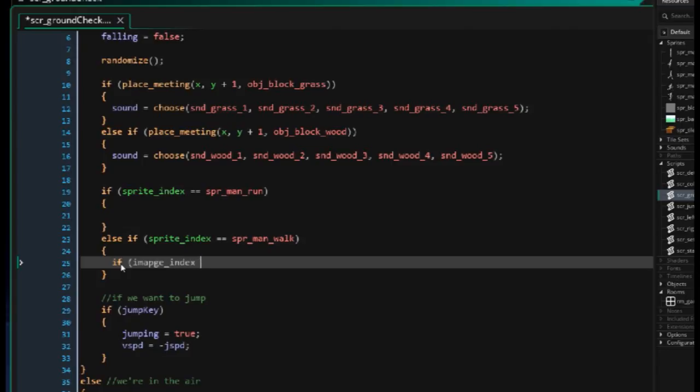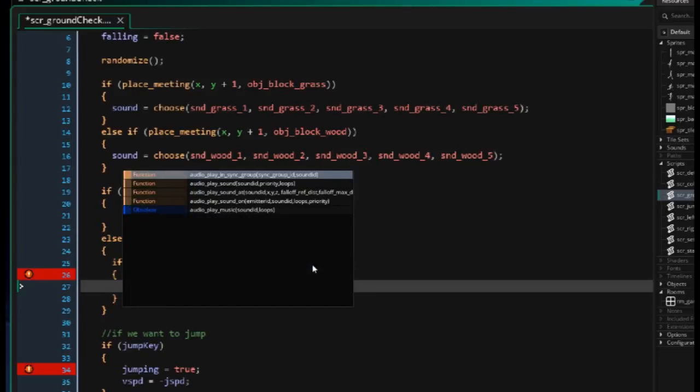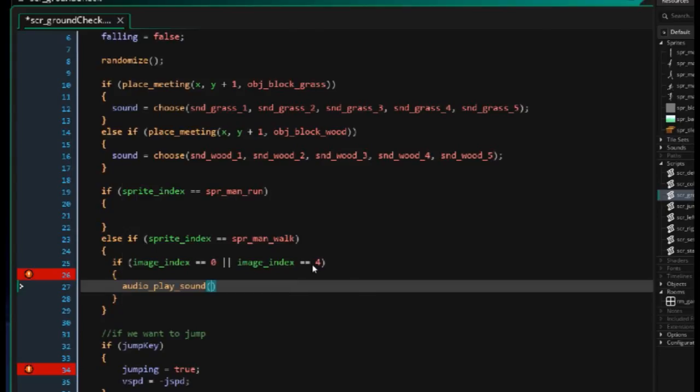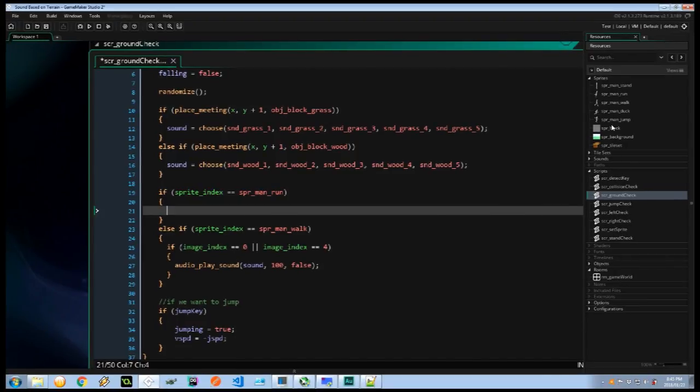If image index equals 0 or image index equals 4, okay, then we can do the audio play sound 100 false. Good. Now when it comes to the run animation, it gets a little bit more complicated, because if we look in here,